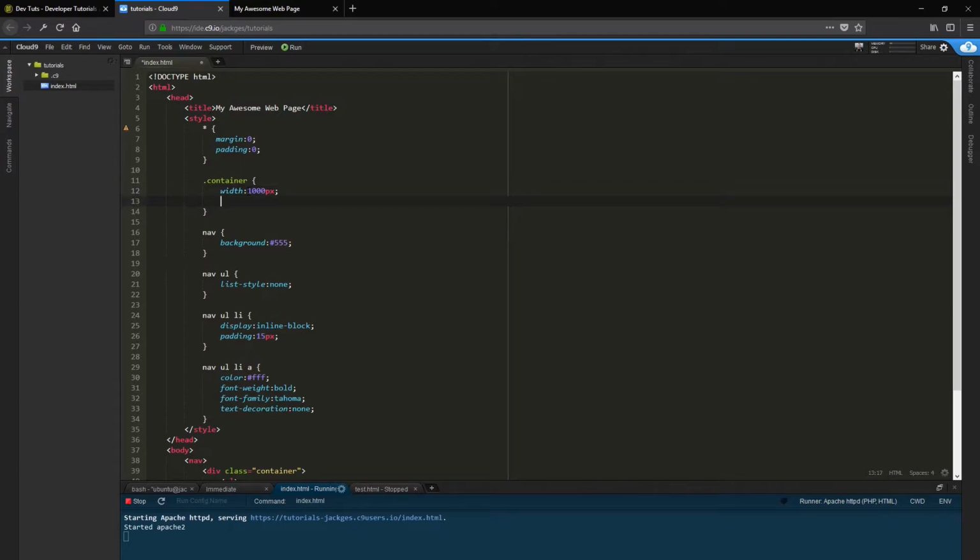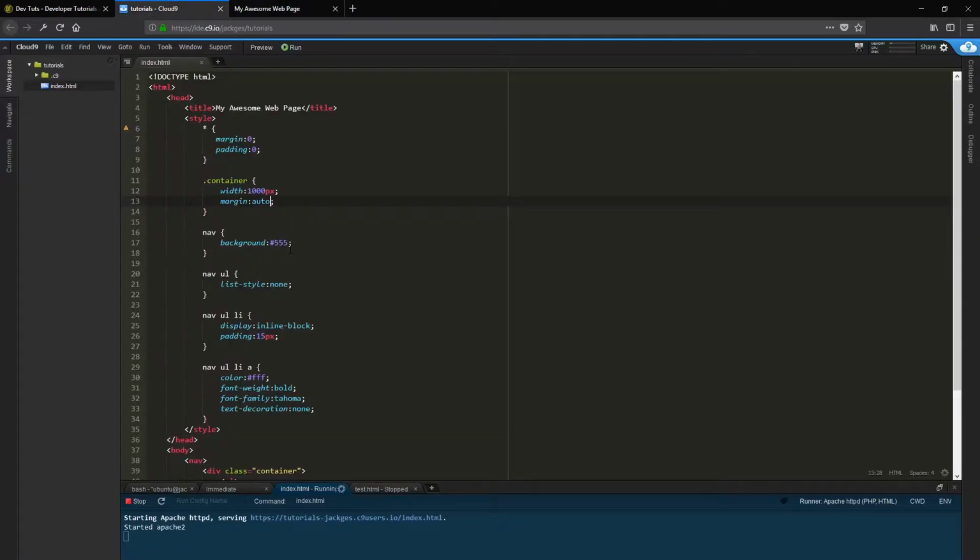And we're going to add margin auto. So this is a little bit of magic that's going on here. What margin auto will do is tell it to essentially center. So there's going to be space on either side of here. I'll give you an example of that. So if we